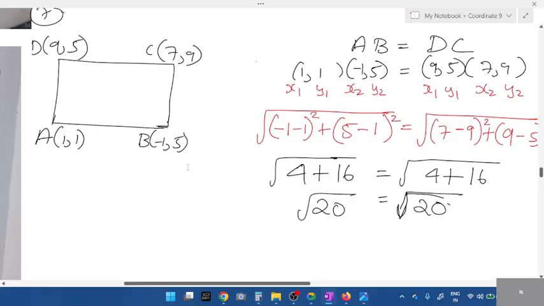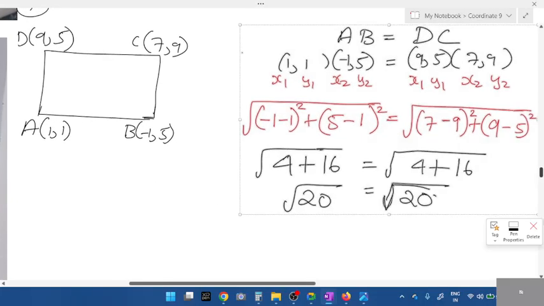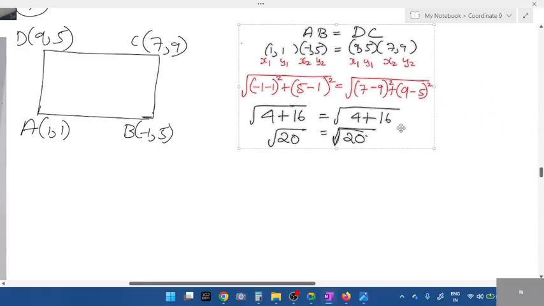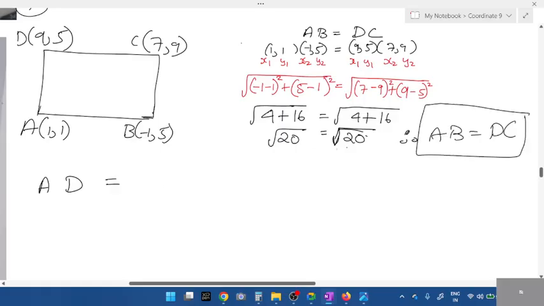Both are equal? Okay, that's it. This is done. Next one. What are the next two sides we have? Tell me, what is the next two sides? AD. See, therefore, you write, therefore AB is equals to DC. First two sides are equal. Tell me the next two sides. AD and